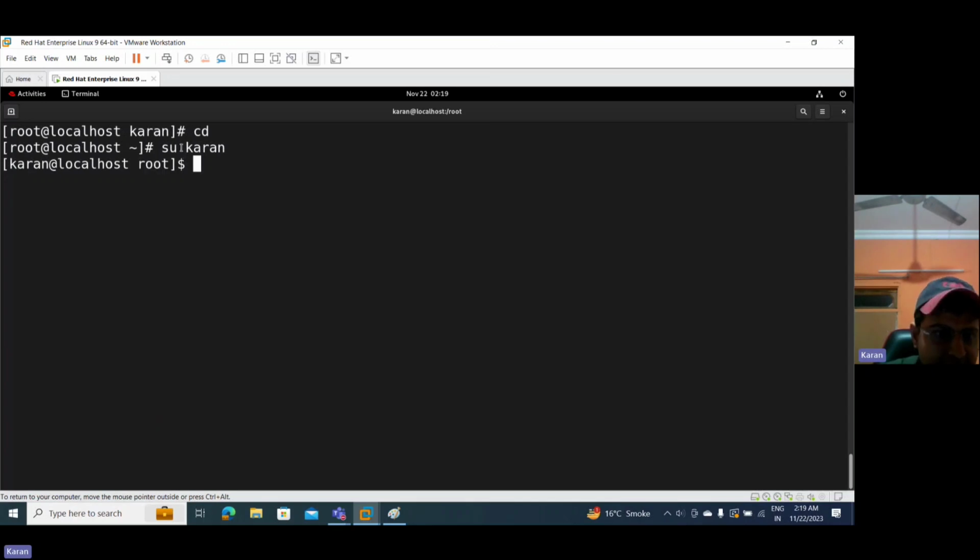Without the dash sign. With the dash sign, we can get the access to the user's own shell, right? Here you can see, whoami. It is Karan. Definitely it is Karan, but the shell that we have got is for root, right? But if you switch by su - Karan,